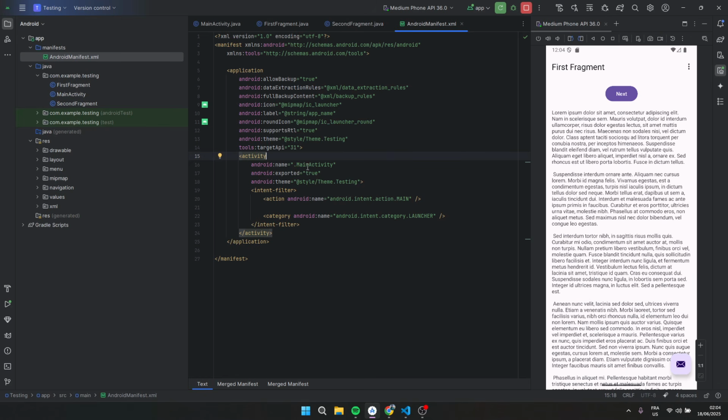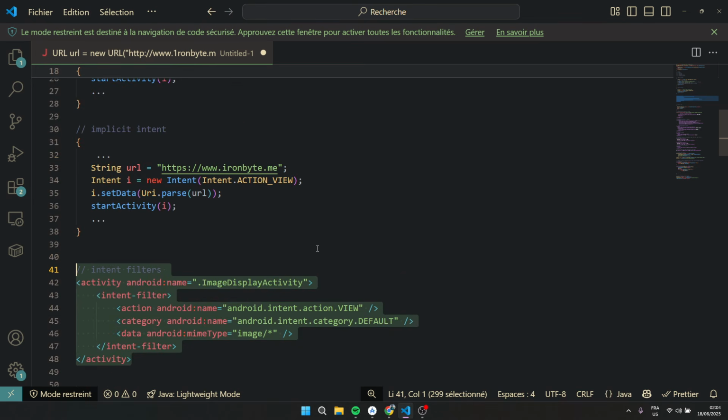For this one, we have an activity for sure that has an intent filter with the main action, which means that anything using the launcher can use this application. Those are the actions that this application can accept. Okay, so that's the thing for intents.